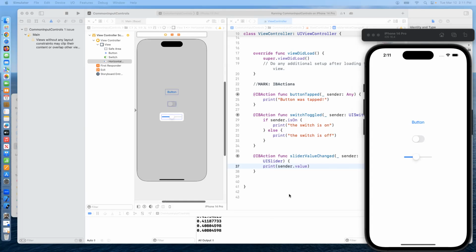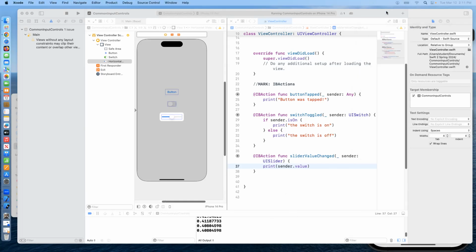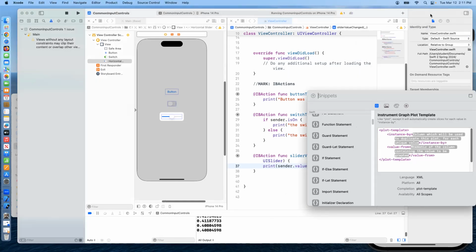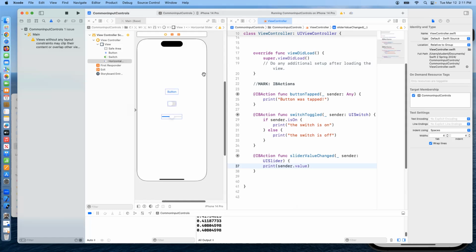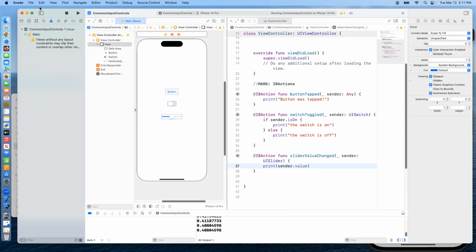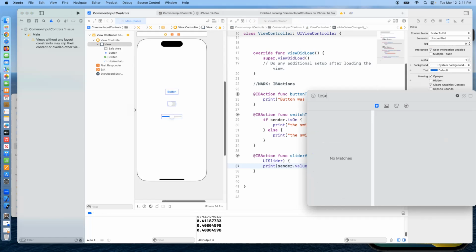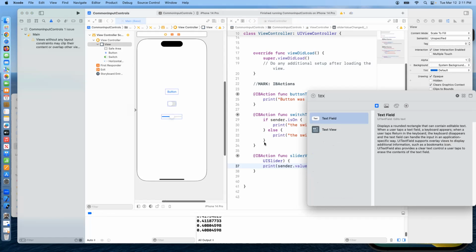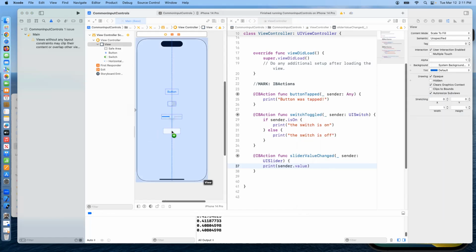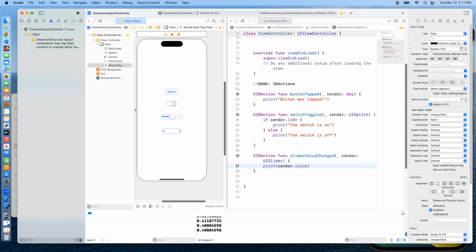All right, let's do also a text field. So we're going to add, so once again, I'm doing that code snippet thing. Sorry about that. Storyboard. Yeah, I should probably stop the app from running. We will find a text field, not text, and drop it on. In this case, we're going to allow people to type into the box. I'm not doing anything really fancy with this, right? But let's set up an IB action for the text field. So here it comes. I'm just dragging it down here. We'll call it,